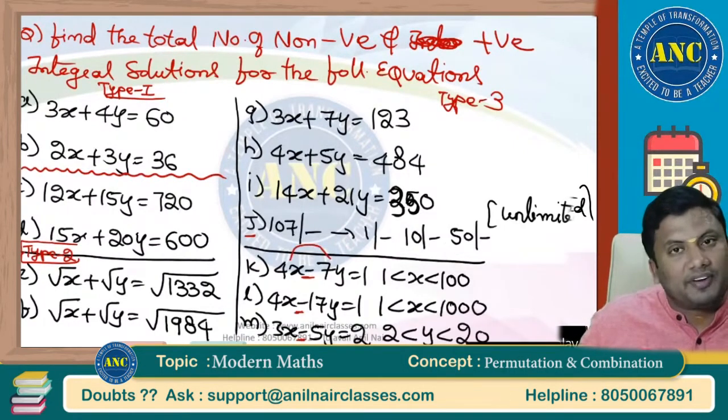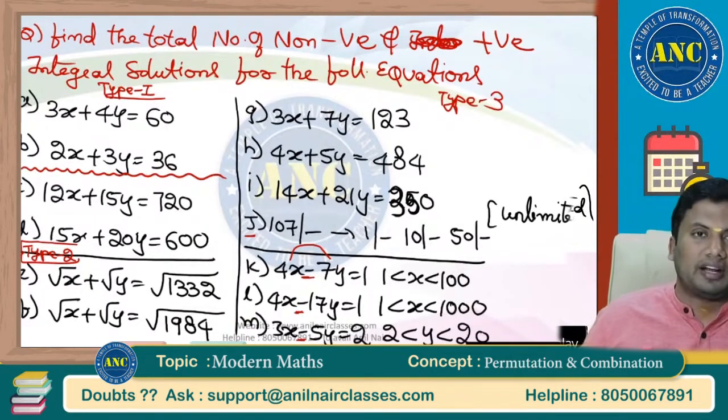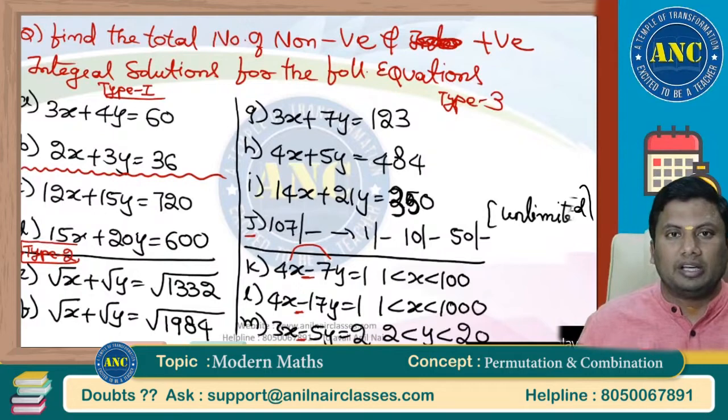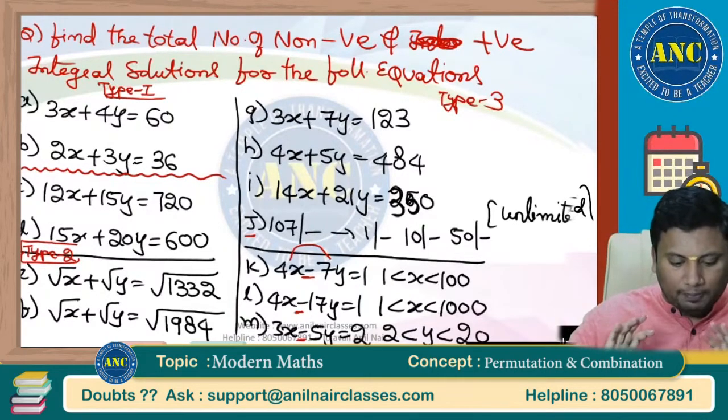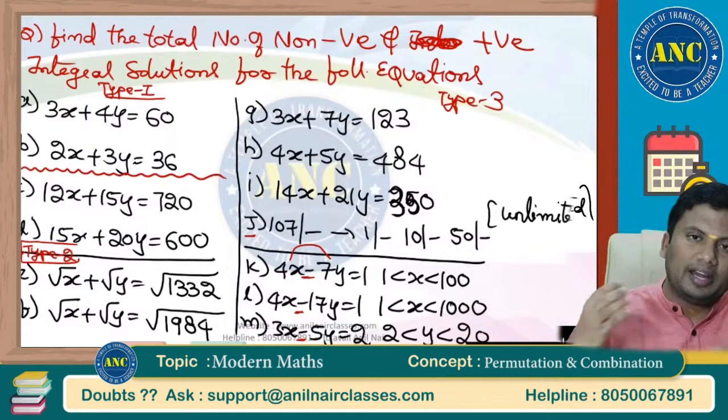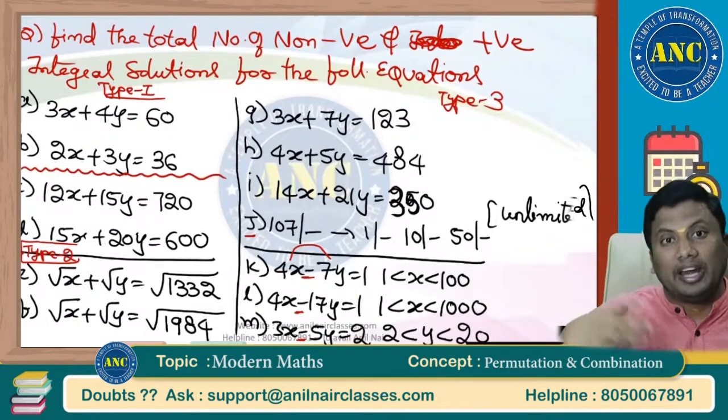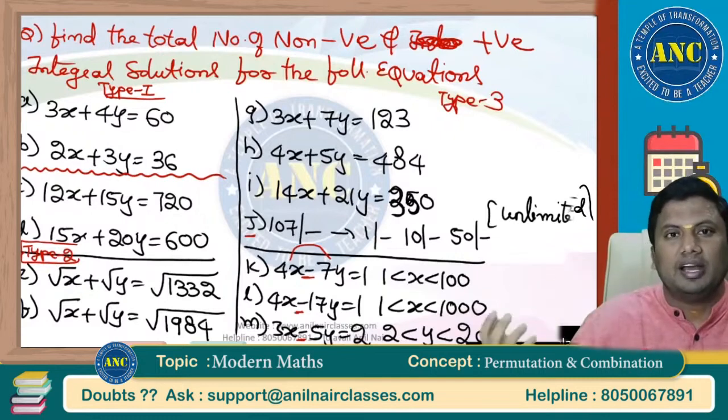4 is not a factor of 1. 4 is a multiple of 1. 17 is not a factor of 1. 17 is a multiple of 1. That means in today's class we are going to discuss these. I hope you have taken it right, type 1, type 2, type 3. Probably at the end of the class, you will be able to create your own questions and you will find these questions extremely easy.